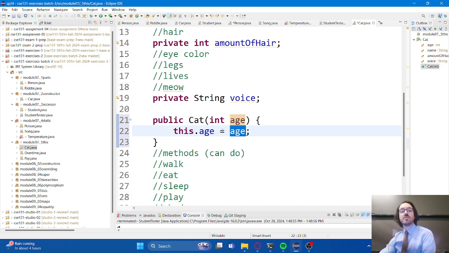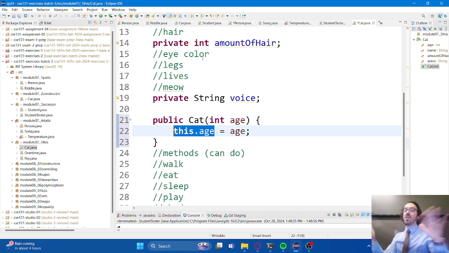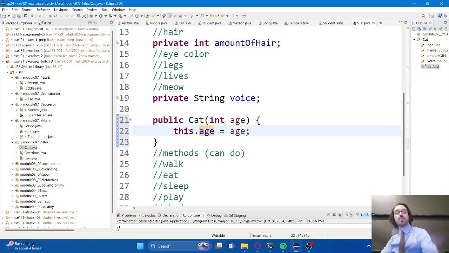So if you ever need to refer explicitly to an instance variable, putting this dot is actually a very good thing to do. In fact, I didn't do this on the past examples, but I almost always put this dot out in front when I refer to instance variables, just so I never have any ambiguity. I don't like ambiguity. So I just always automatically do this, even if I don't have to. However, let's talk about this instance variable a little bit more.